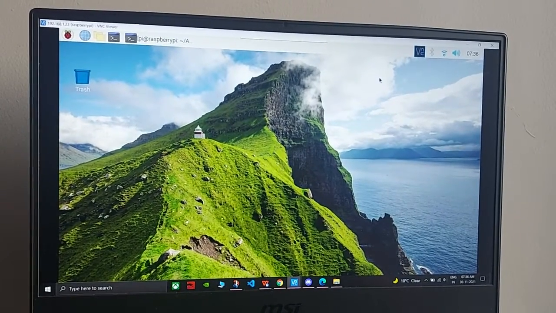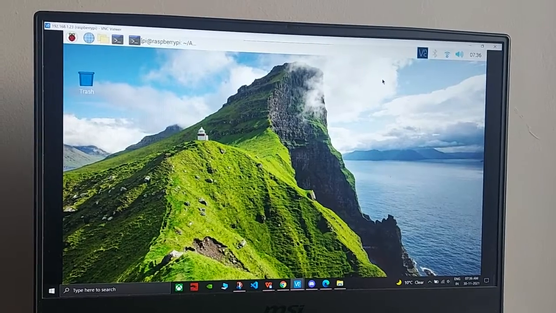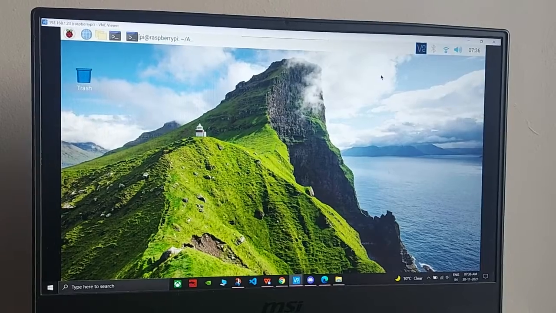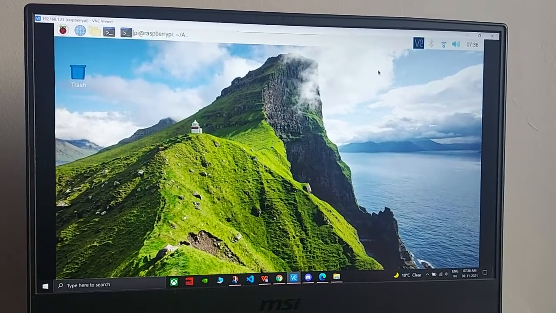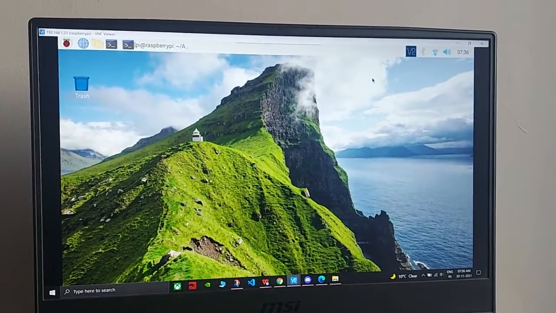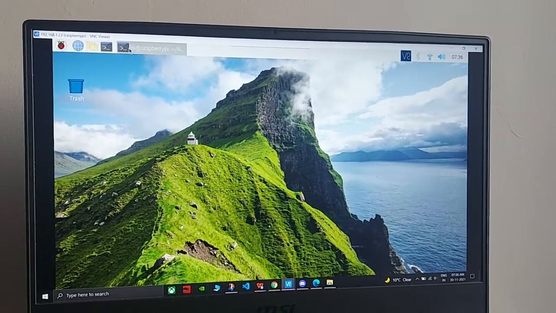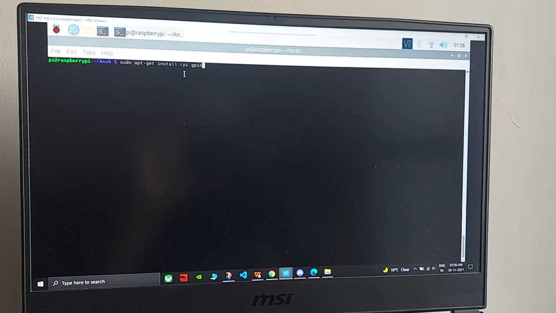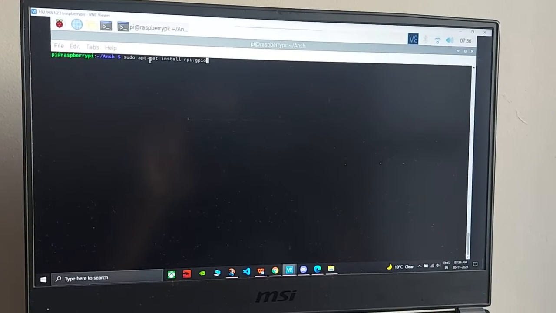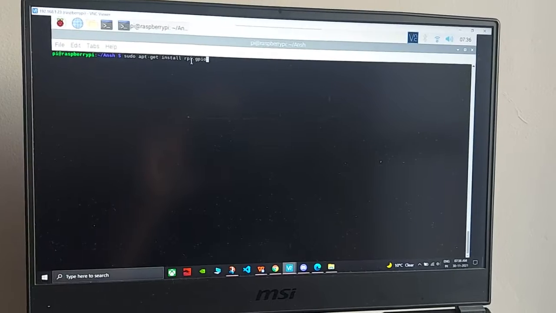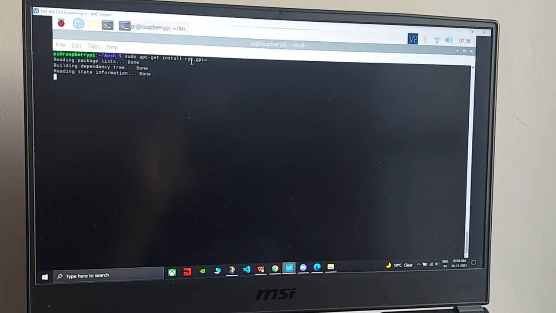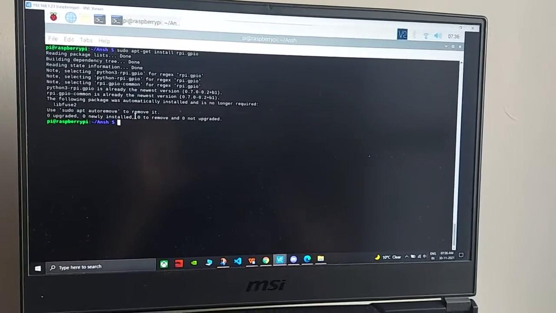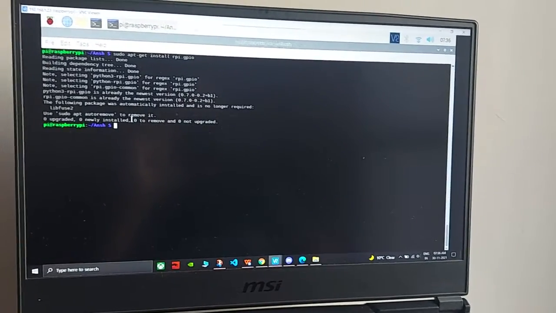Now turn on your Raspberry Pi and ensure that it is connected to an external screen or through VNC viewer. Then go to the terminal of the Raspberry Pi and ensure that you have the GPIO pins installed. You can use this command: sudo apt-get install rpi.gpio, and after this you can use the GPIO pins. Now I'm going to show you the code for blinking of the LED.